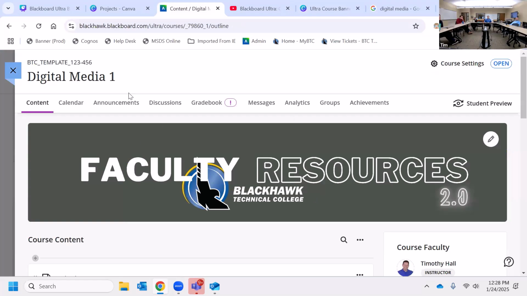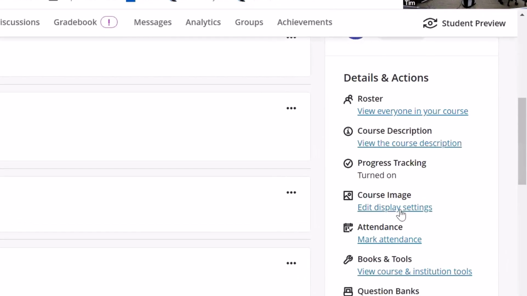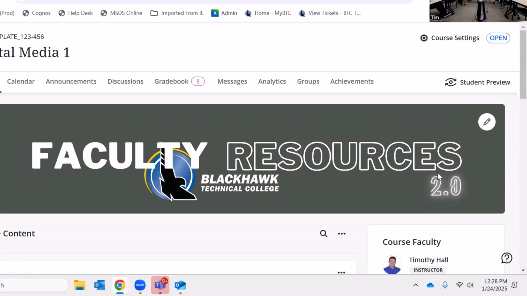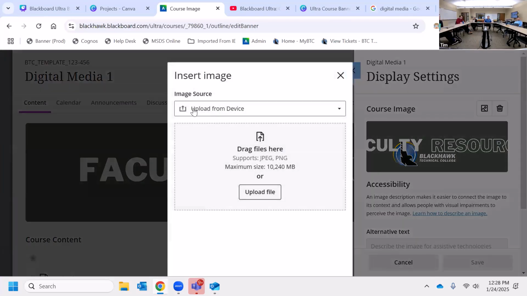Come back here. I'm in my course now. And if you don't have your banner showing up, of course, on the right-hand side, you can go to Course Image, make sure that it displays there. And then once it is displaying, up in the top right, we've got the little edit thing here. I can click on that, and then I can choose by clicking on the image icon here what image I want to use. So I'm going to upload this from my device,